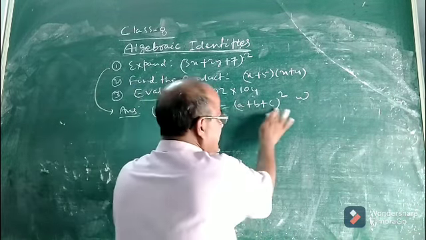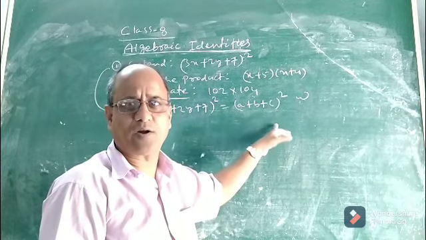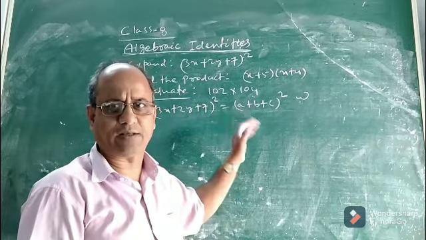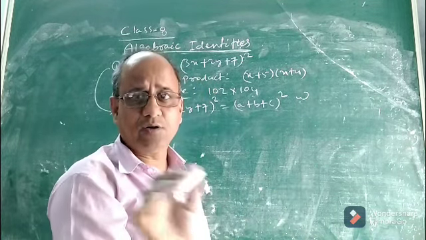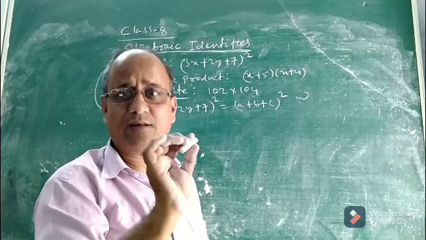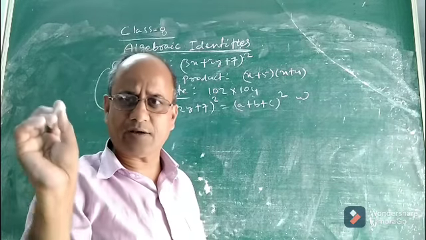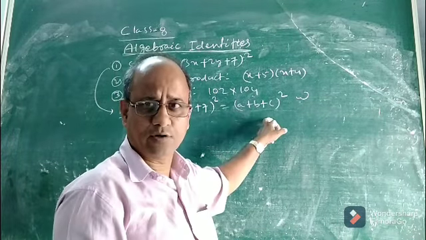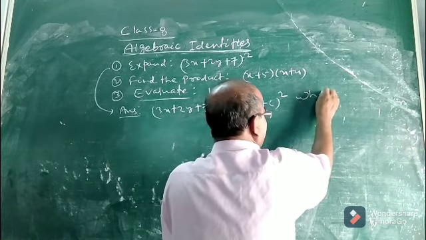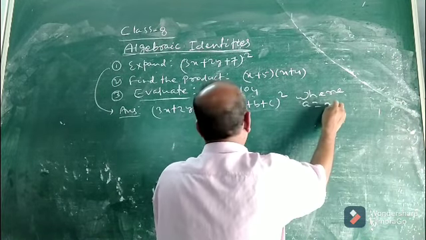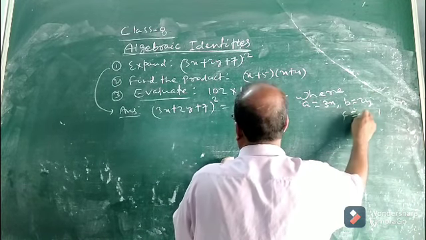This step is not compulsory to be written, children. For the sake of your understanding only, I am writing. You can write directly also. But if you do it this way, it is good, because you will not put the values of a, b and c wrongly, so the computation will not be wrong. It will be correct. Now, this is in the form of (a plus b plus c) whole square, where a equals 3x, b equals 2y, and c equals 7.